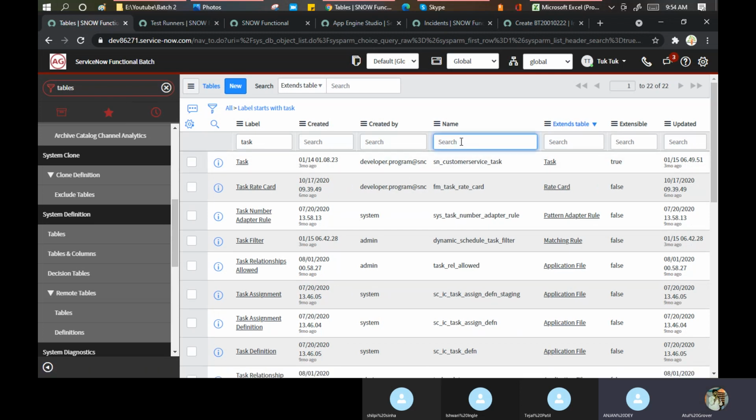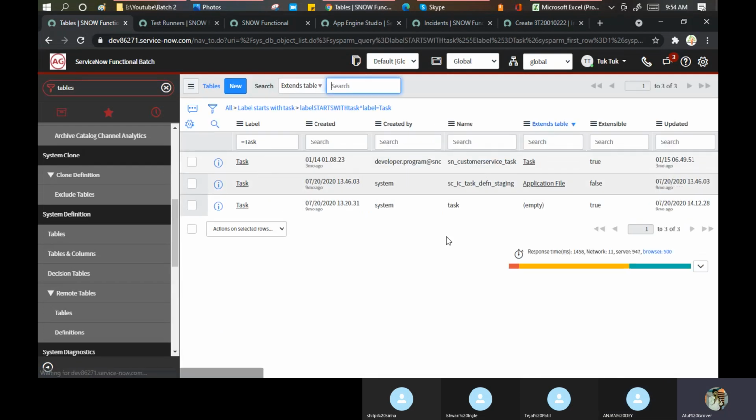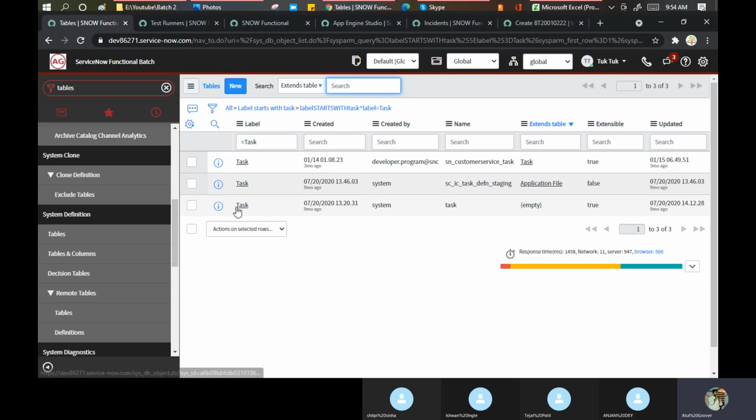That is the thing which needs to be understood here actually. It is a good functionality that we are doing here.